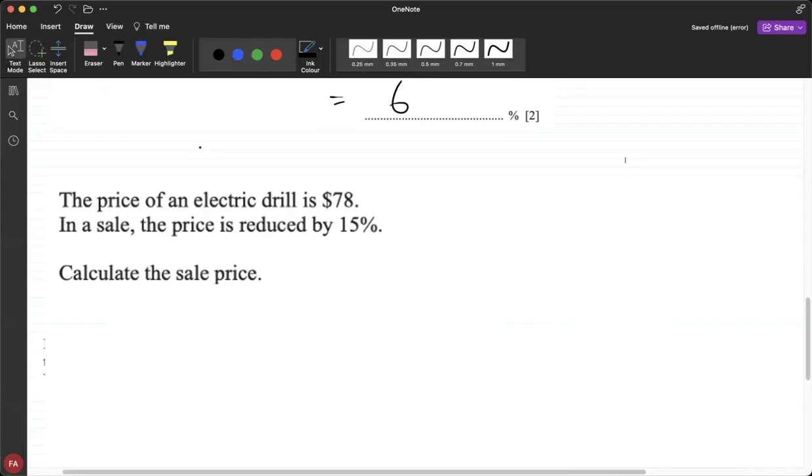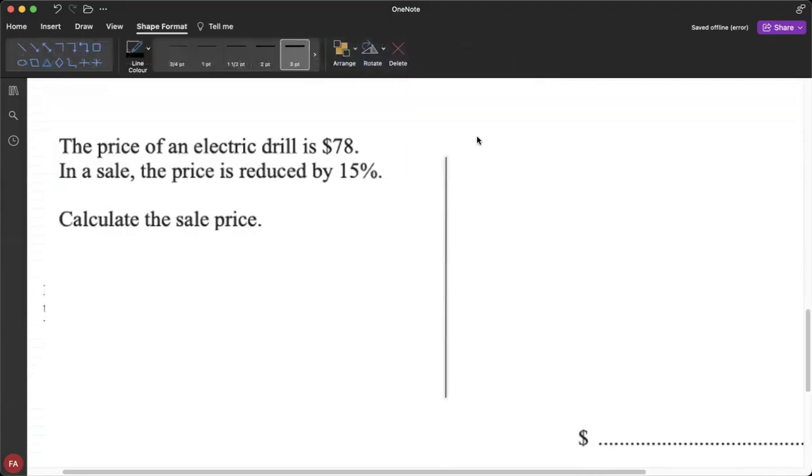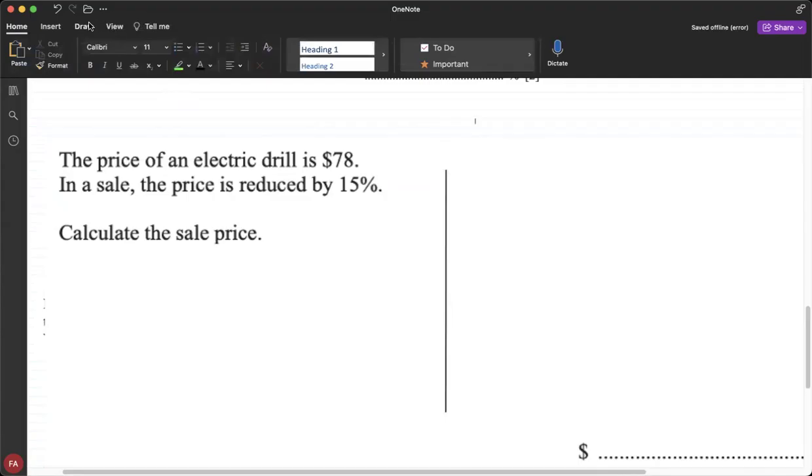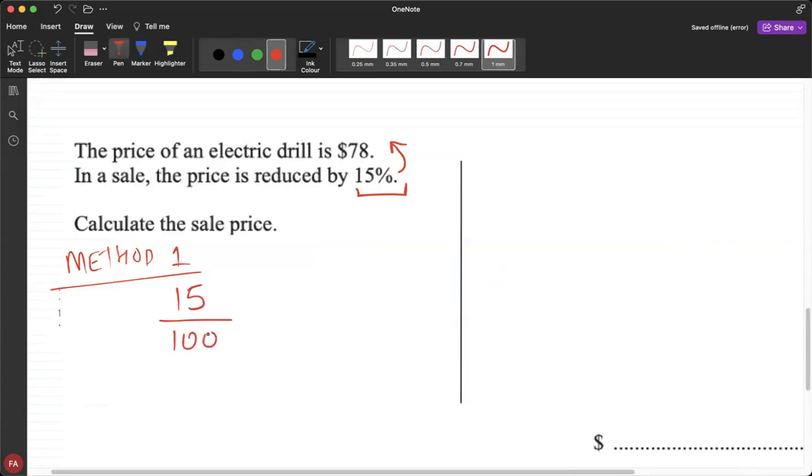There are two ways to solve these kinds of questions. I'll start off with the first method, which I would probably say a lot of students use, but again, there are a lot of mistakes in this method as well. Anyways, let's call this method one. Method one is you first figure out what is 15% of $78. Again, what does 15% mean? Like I said, that's going to be 15 over 100 times $78. If you calculate this in your calculator, you'd realize this comes out to be